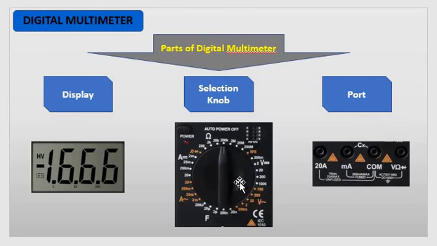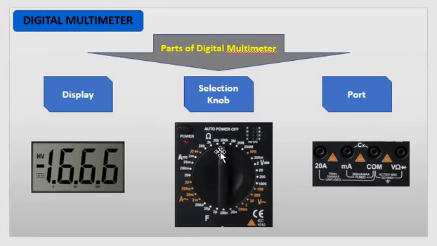Similarly, for the voltage meter, you can measure the DC voltage up to 1000 volts. You can measure the AC voltage up to 750 volts in some cases. Here also 750 volts. Here capacitor value in microfarad or nanofarad you can measure. Similarly current. So which parameter you are going to measure, accordingly you have to select the knob position.